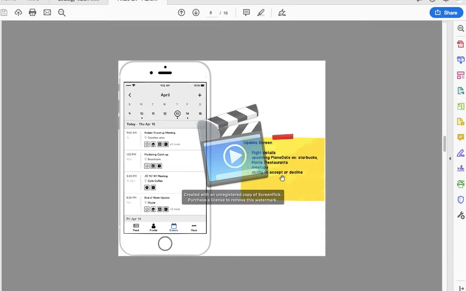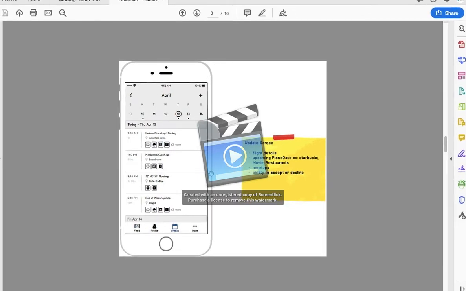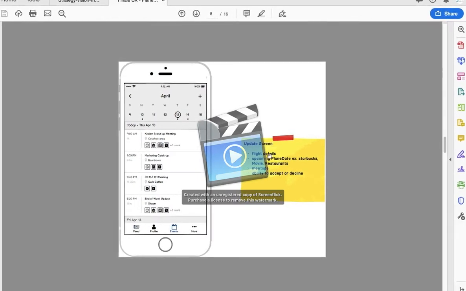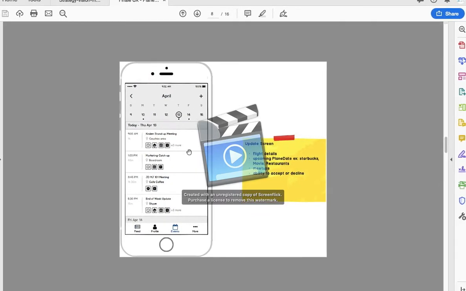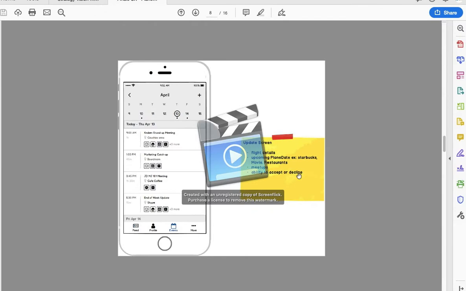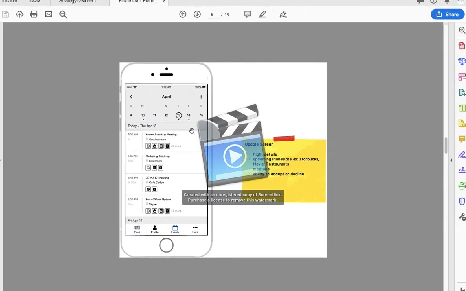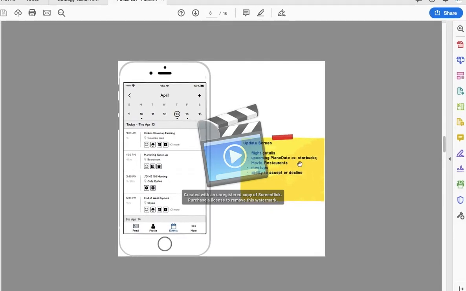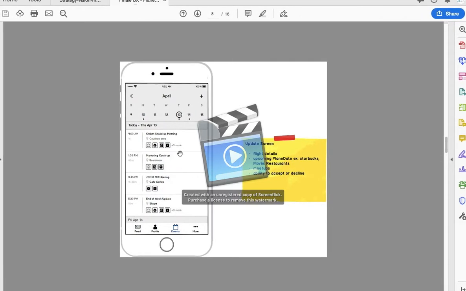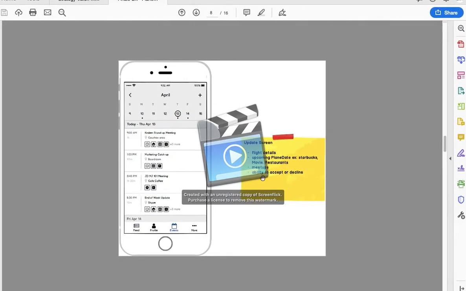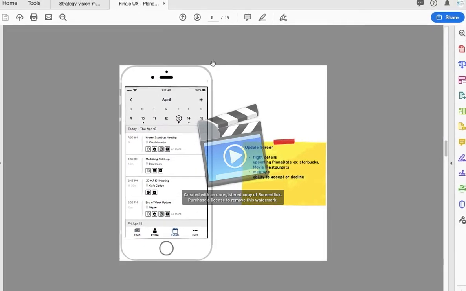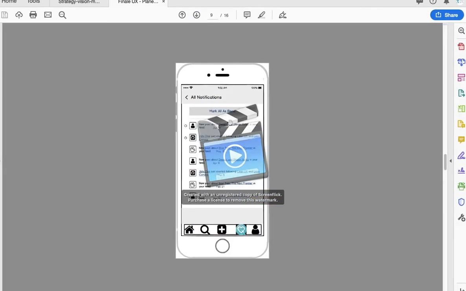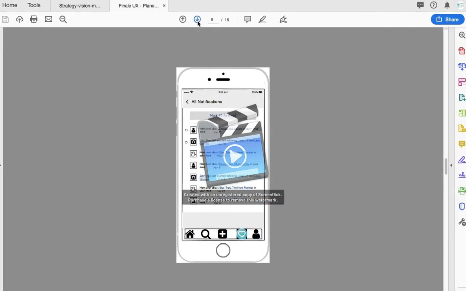This is more like a screen where, for the date mode, you can see travel details or upcoming dates, movies, restaurants, or meetups, with the ability to accept or decline meetings. So kind of like a notifications screen.